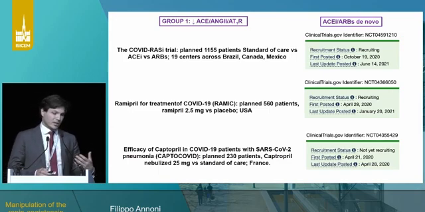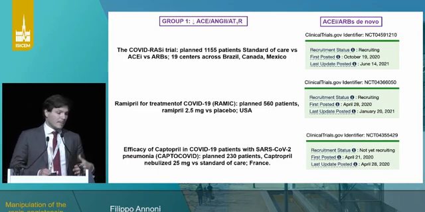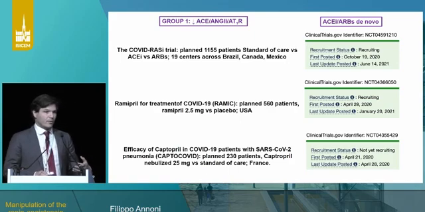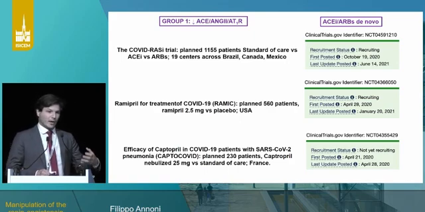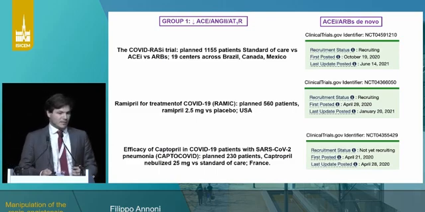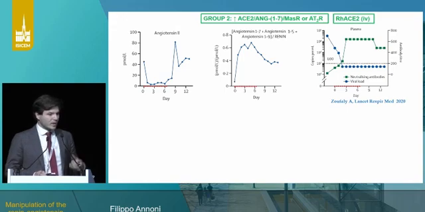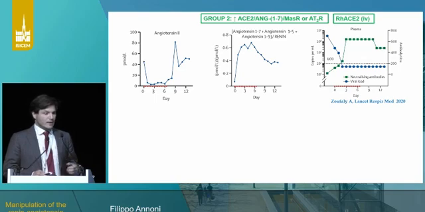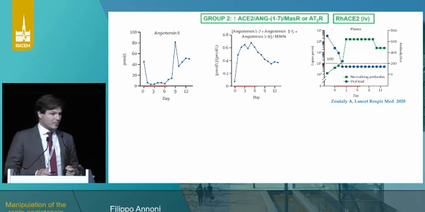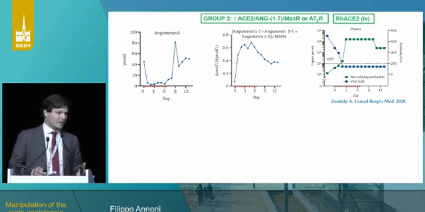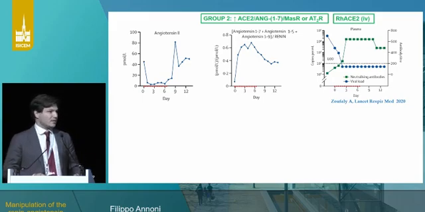Whether we should start these medications de novo has been intensively researched. I think the bottom study is particularly interesting, as you can see it proposed to deliver a medication directly not to the systemic RAS but to the RAS in the lungs. But the question is yet to be answered. In group 2, the first one that I want to discuss is the recombinant ACE2. So far, only one case report has been published. It seems that in that patient, angiotensin II went down, angiotensin 1-7 went up, and the viral load went down, despite the viral load already going down before the medication.